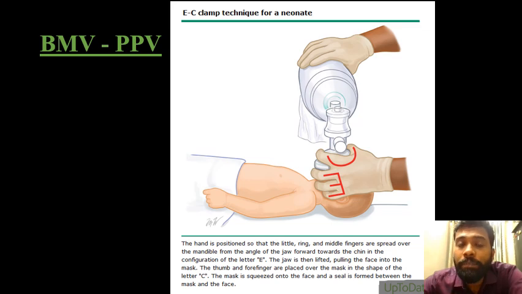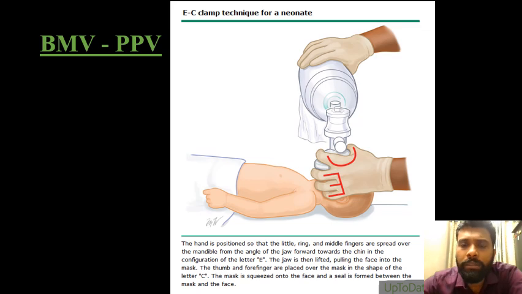40 to 60 breaths per minute, which is the normal range of respiration for a newborn. The higher pressure has to be given for the first breath, and for subsequent breaths lower pressures can be given. The fraction of inspired oxygen, or FiO2, is 30% for preterm, which can be titrated according to the saturation values. And for a term baby's resuscitation, first we always prefer room air resuscitation,